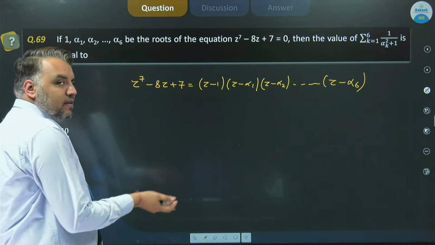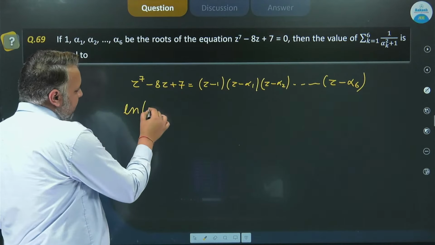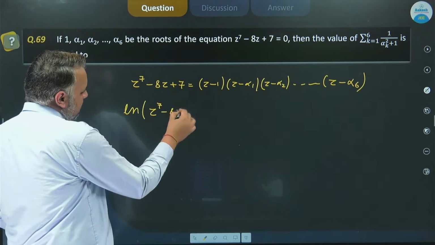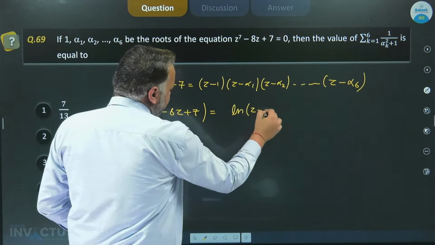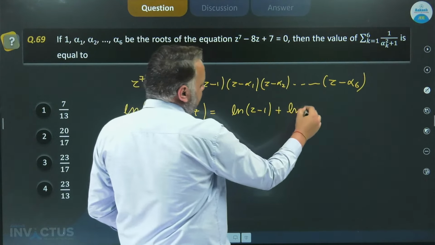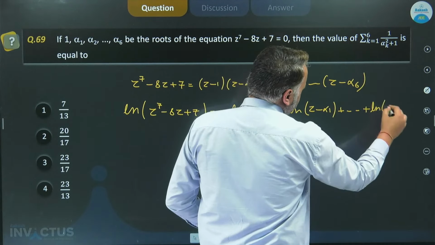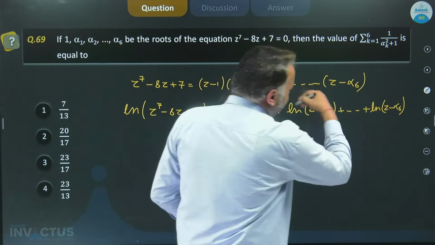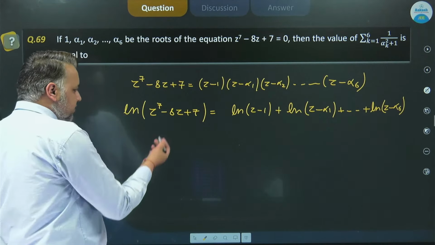Now taking logarithm on both sides, we get logarithm of this is equal to logarithm of z minus 1 plus logarithm of z minus alpha 1, up to logarithm of z minus alpha 6. This will be broken into a summation. Now differentiating both sides, we'll get